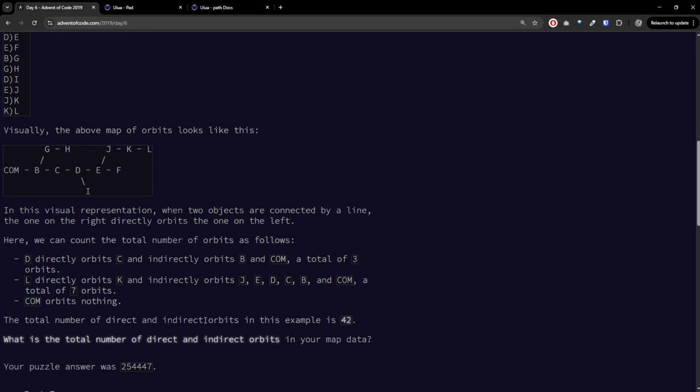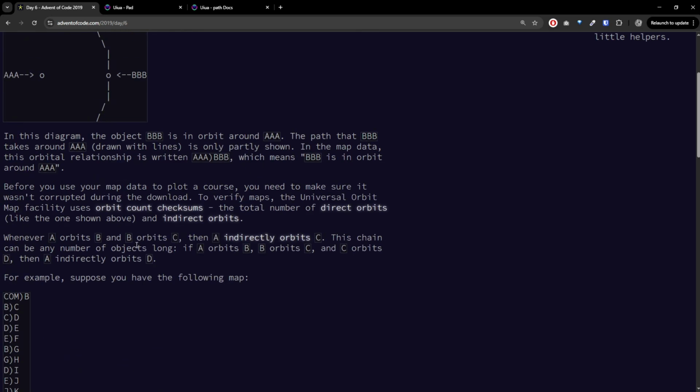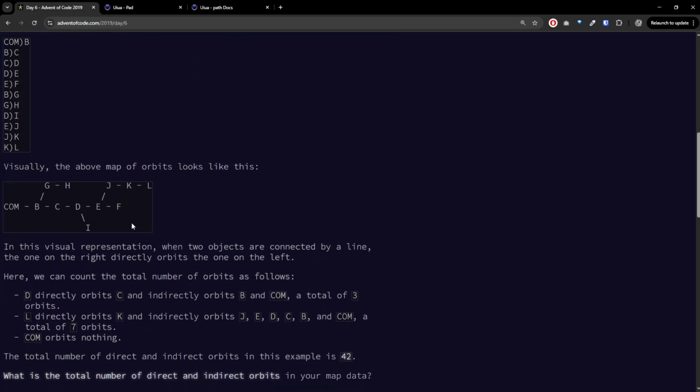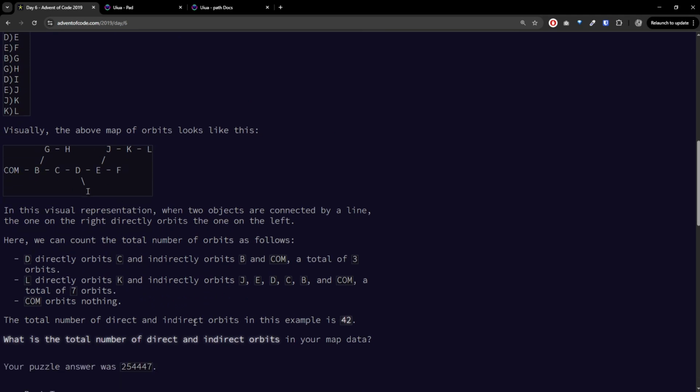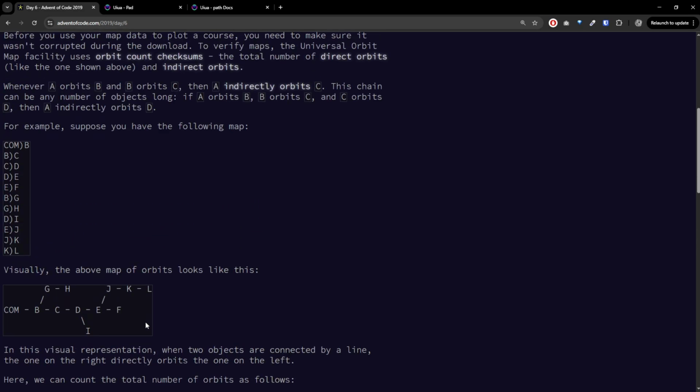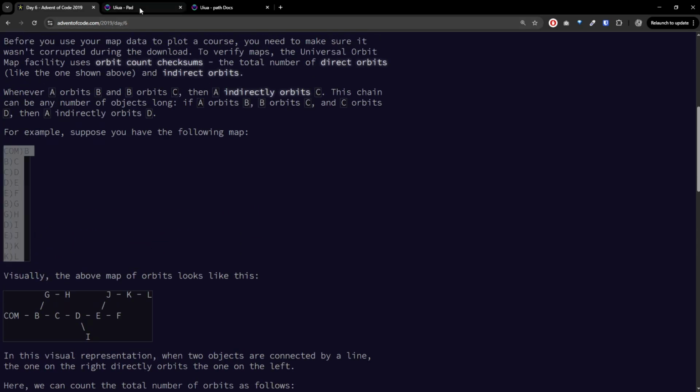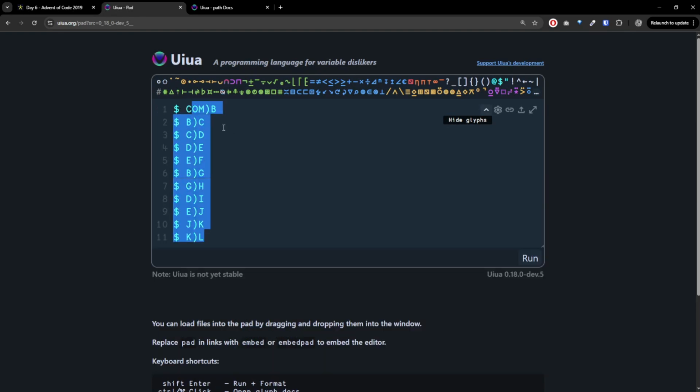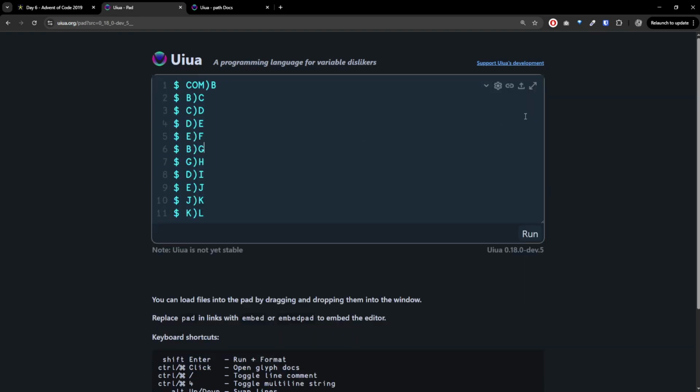So basically what it's asking is what is the distance between each of these nodes and this root node, the center of mass. And it gives you some kind of more complex explanation about orbits and so on, but really it's just asking us to find the distance between the root and all of these nodes and then add them together. So we can go ahead and copy the input over to the pad, and I'll work in this full